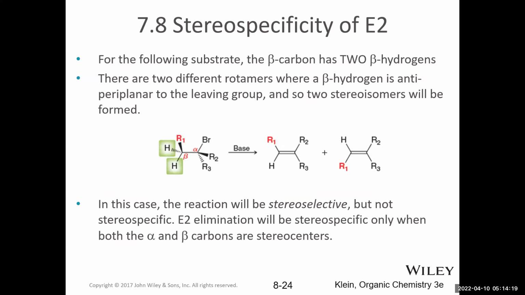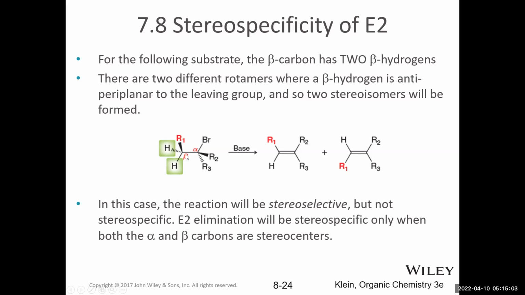So the first activity that we're going to do today is going to look at the different anti-periplanar transition states when you have two hydrogens attached to the beta carbon. When there are two hydrogens attached to the beta carbon, any one of those two could potentially be removed to form the alkene product. So there'll be two possible anti-periplanar transition states, one with one of the hydrogens anti to the leaving group. And then as we rotate, the other hydrogen can also be anti-periplanar to the leaving group. And when that happens, we're going to see both E and Z products.